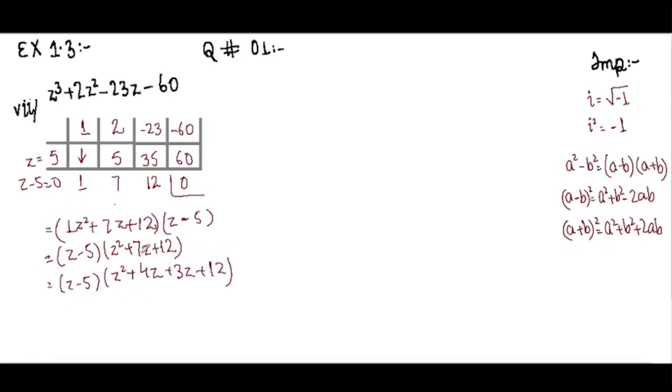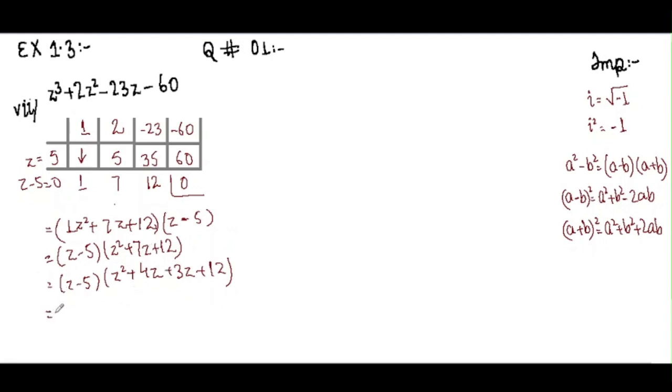So for midterm break, we have to divide this 12 into its factors. Its factors are 4 and 3, because 4 multiplied by 3 gives us 12. And they must add to become this middle term. So when we add these two terms, 4 plus 3, we get 7, and z is written as it is.